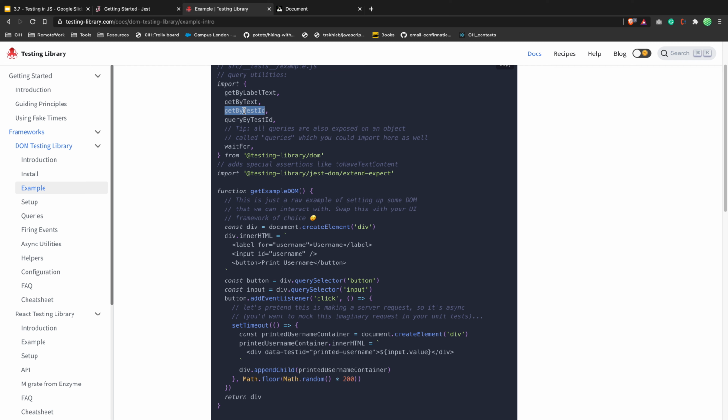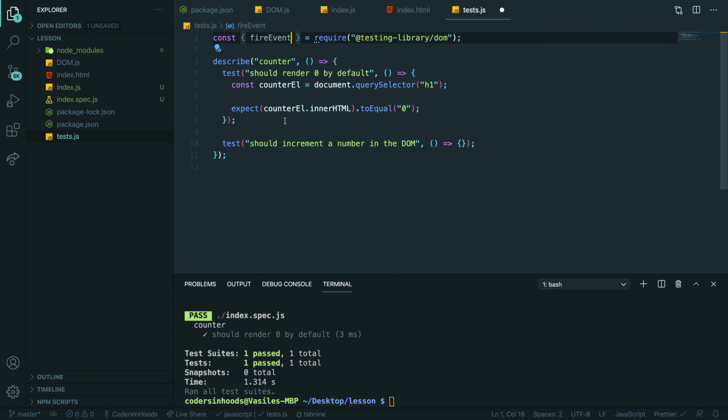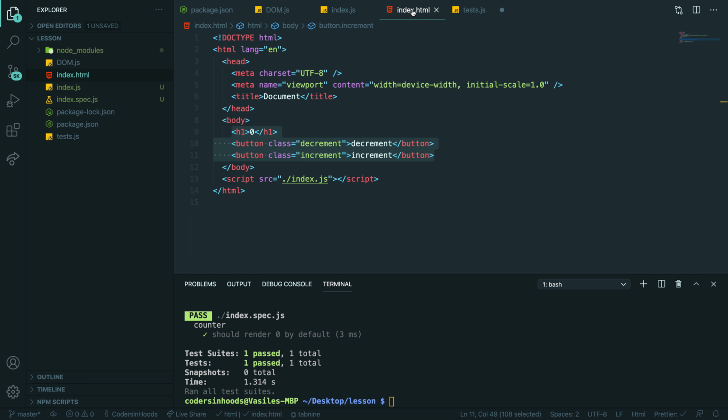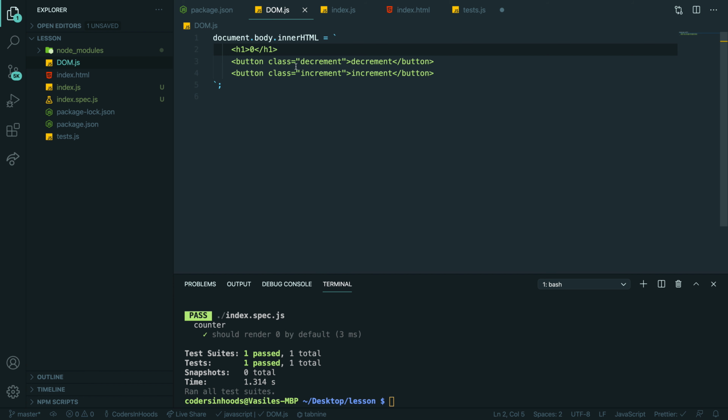So they have get element by test ID. That comes from them. And that means that your elements are supposed to have test IDs, which is data test ID equals, and this one will be decrement, that will be increment.